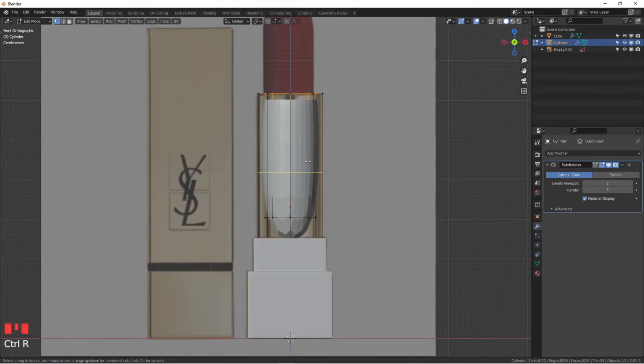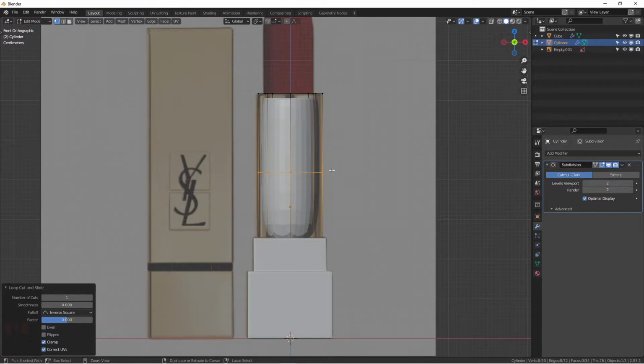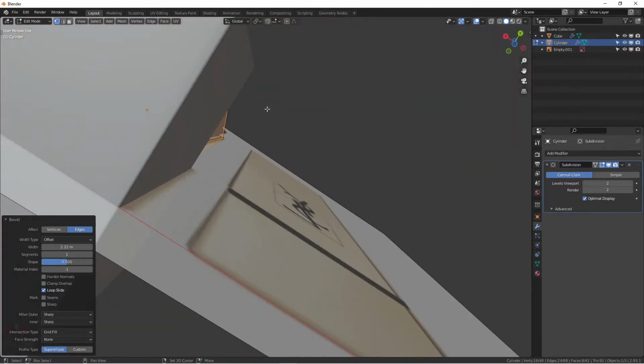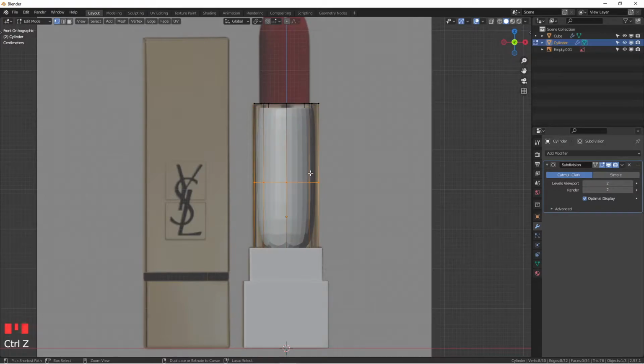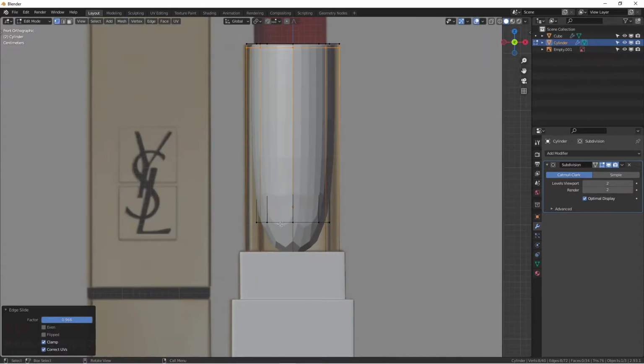So again, Control R, left click, then right click, and Control B to bevel. Just get that done here. You see that it's going to come into the edge. For this scenario, because I'm going to join these 2 things together, I don't want to do that. So another way I can do is to grab this one, hit double G, and then just slide up here. For the bottom part,